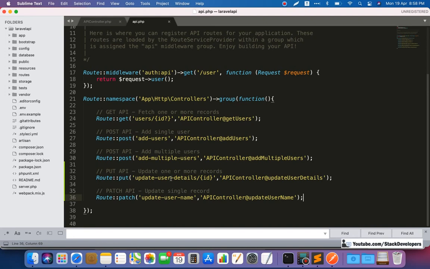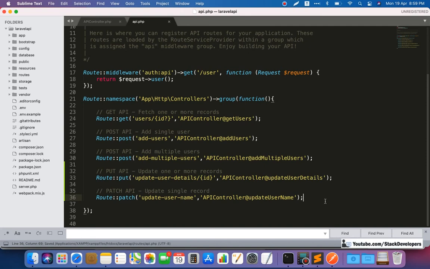So the difference is in front of you: put is for updating one or more records, and patch is just for a single record. Both will update, but the difference is one or more versus single.